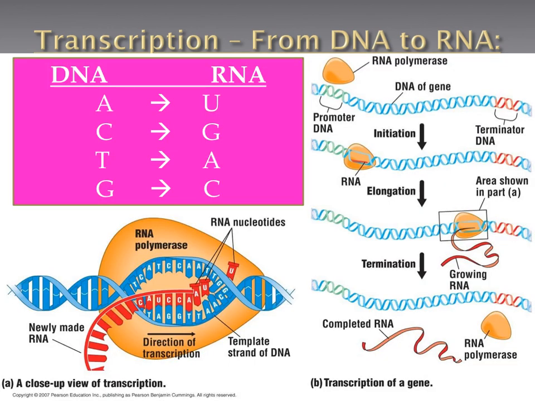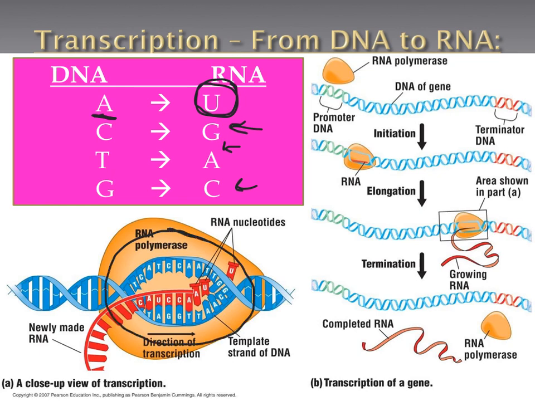So here's an up close view. Like I said, here are those base pairs, and these are all exactly the same as in replication. The only difference is that if you have an A in DNA, the one that's going to pair with it is uracil. So take a look at this right here. This is what we call